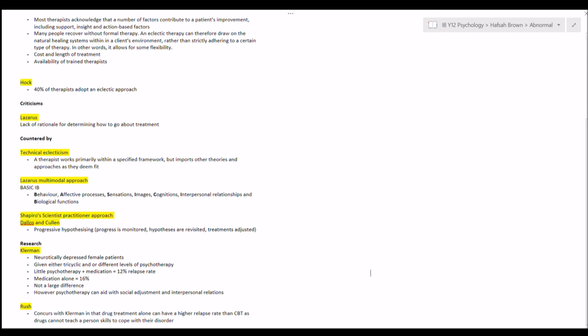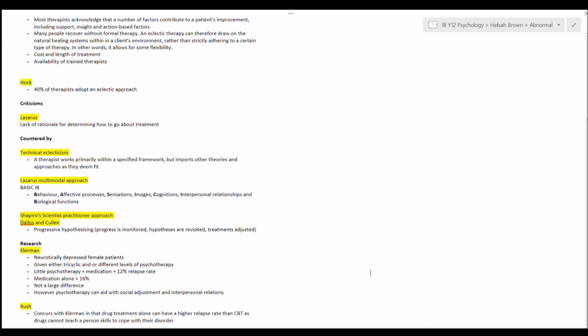So when they were given medication and a little bit of psychotherapy, they observed that there was a 12% relapse rate. And when they were given medication alone, it was observed that they had a 16% relapse rate. So there isn't a large difference, although there have been multiple similar studies that show that a combination is better. However, it does show that a possible reason for this is that